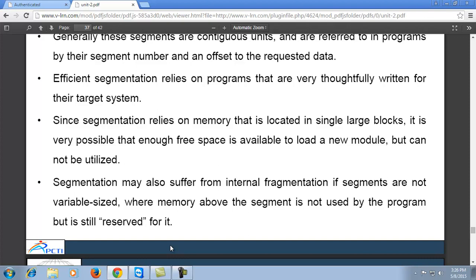In that case, for a process which we have to execute, we allocate some memory space, but that memory space is reserved for that particular process and is not utilized properly or frequently required for executing that task.